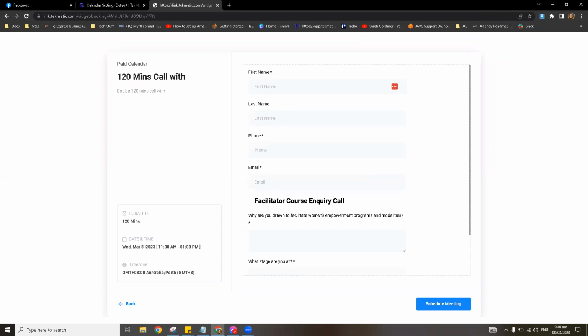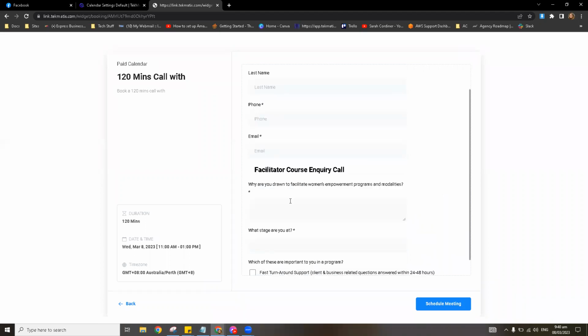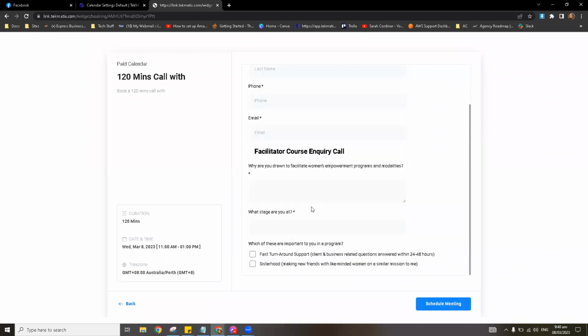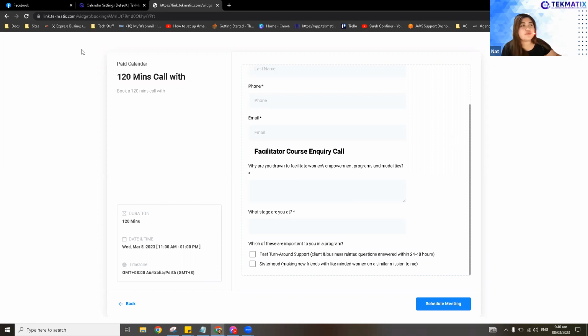Actually, this one will work out because after they click the calendar date, they don't actually schedule in until they fill in this form, right? Yes, definitely. Okay, this one works. This is actually pretty much straightforward, compared to creating a form first and then just redirecting. So yes, this would work for you.